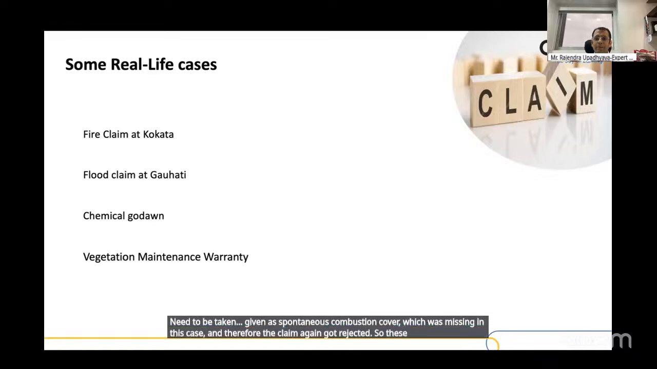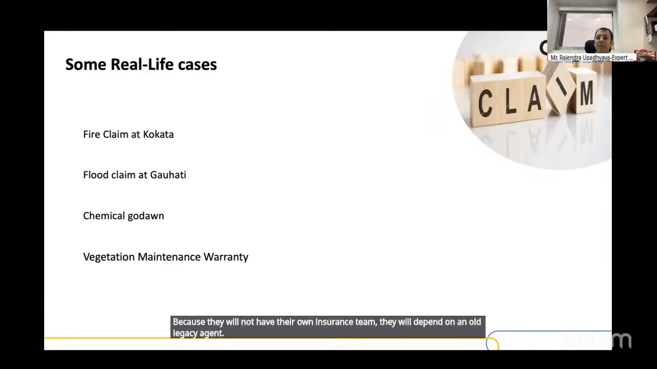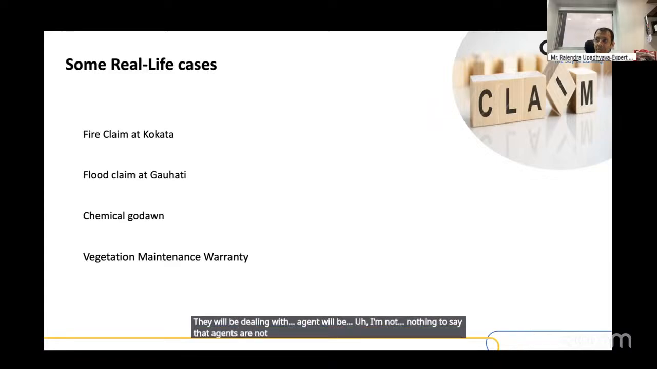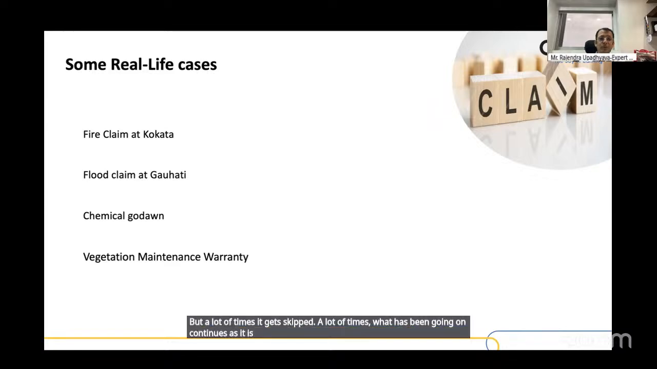So these are very, very fine, small things which companies may not be aware of, or may be missing out, especially when we talk about small and medium companies, because they will not have their own insurance team. They will depend on an old legacy agent they will be dealing with. Nothing to say that agents are not technically able, but a lot of times it gets skipped. A lot of times what has been going on continues as it is,